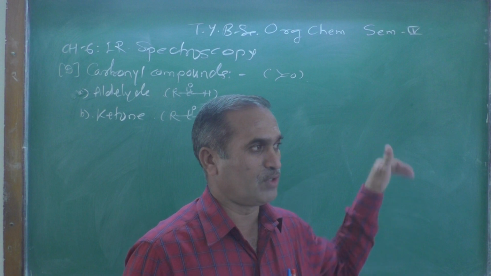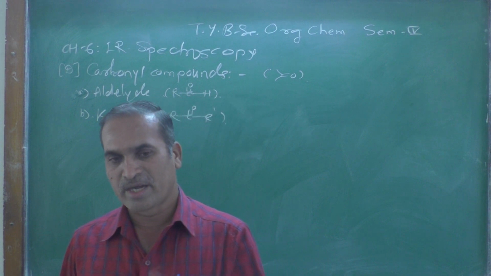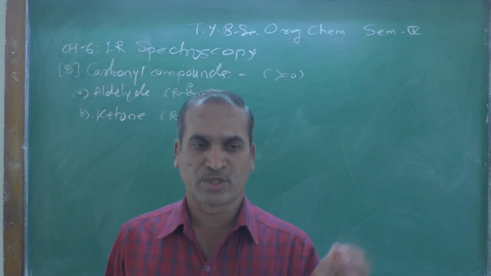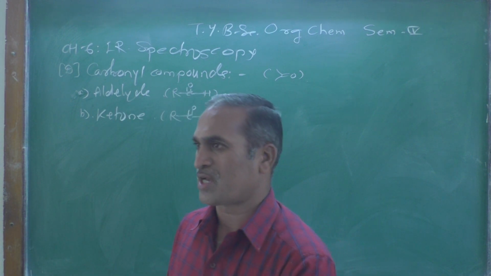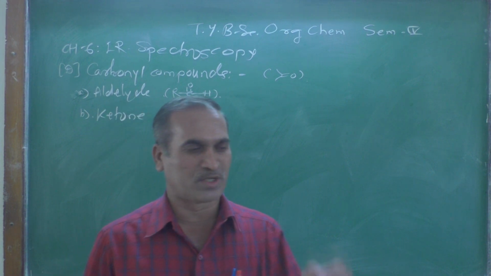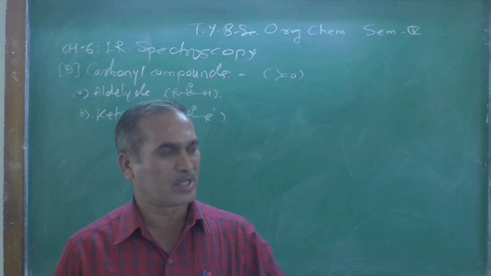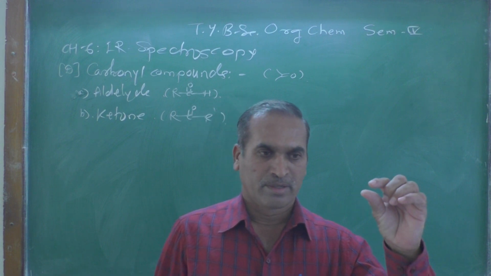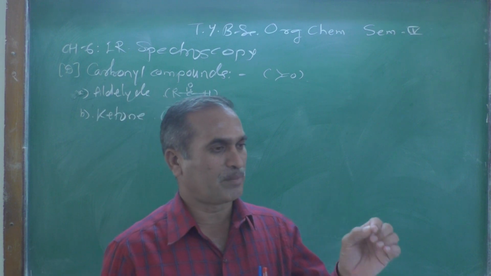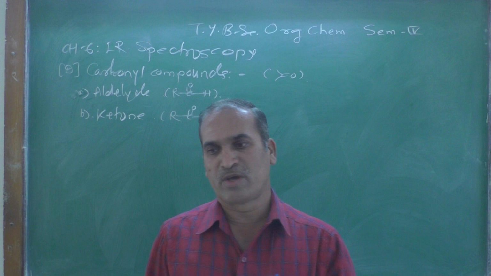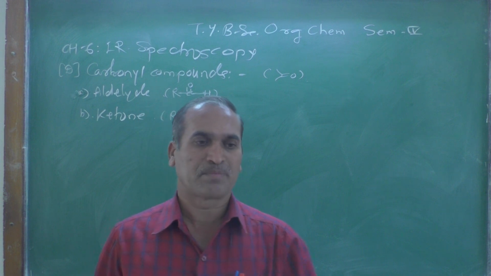And how will you distinguish aldehyde from ketone? As we know, aldehyde gives two prominent peaks. One is due to the carbonyl group and another due to the aldehydic CH. Whereas in the saturated ketone only one prominent peak is observed, which is around 1710 to 1715 per centimeter. The peak between 2750 to 2850 is absent in the